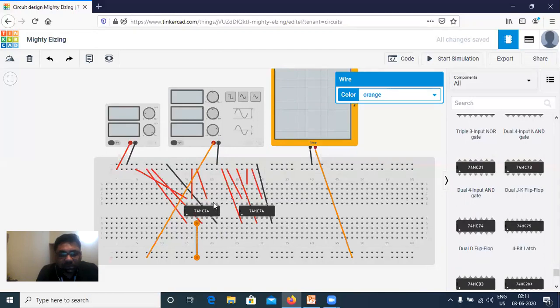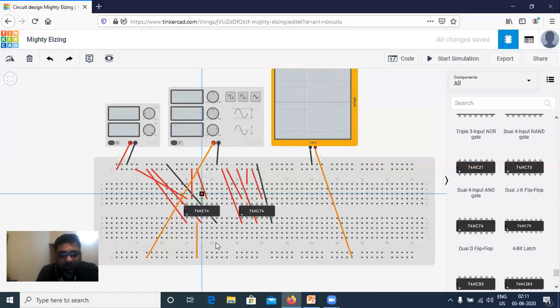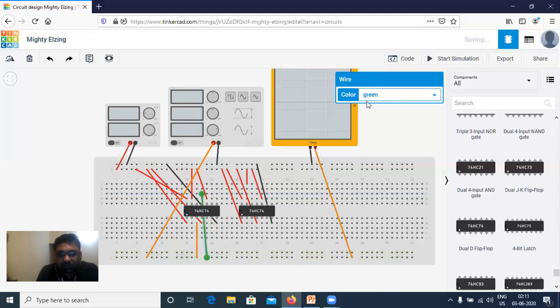This is the 11 line, so this also I'll connect to the clock line. The same thing I have to do for this IC. 3 should go to the clock line and be orange, and 11, this line, should also be connected.